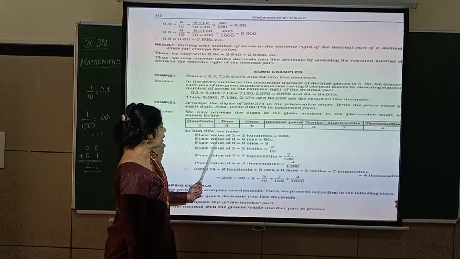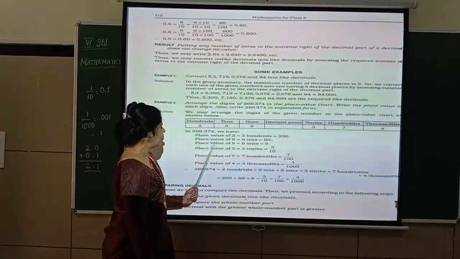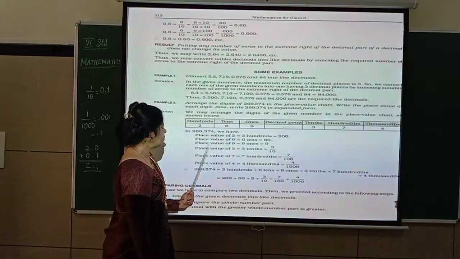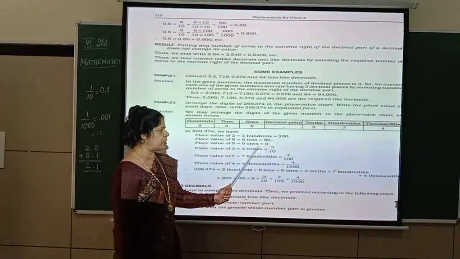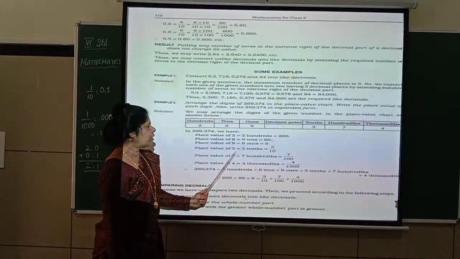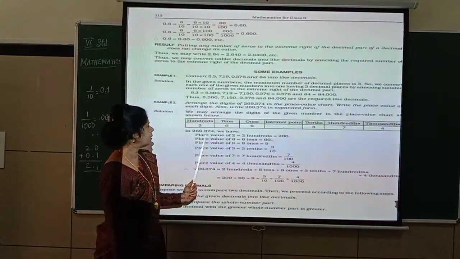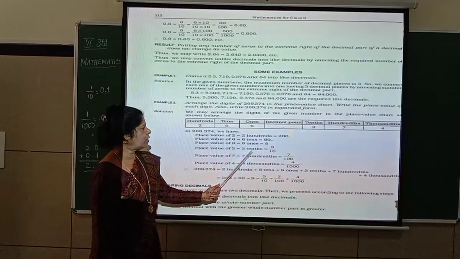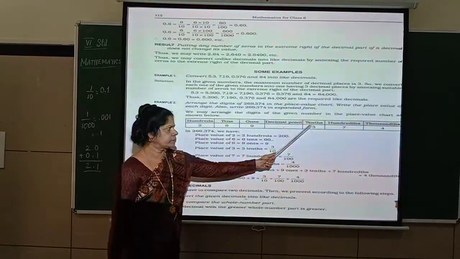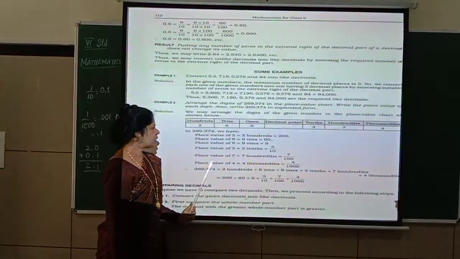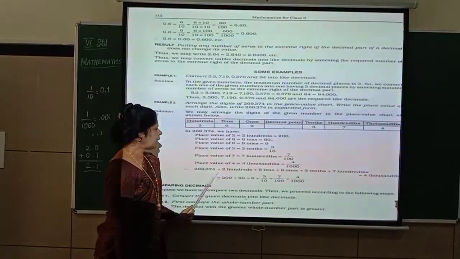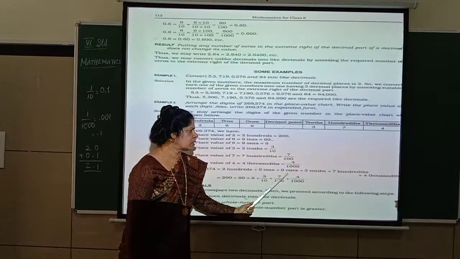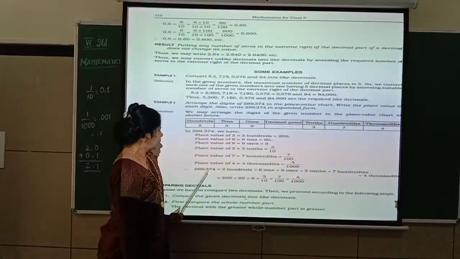So you see here, place value of 2 is 2 hundreds. Place value of 6 is 6 tens. Place value of 9 is 9 ones. This is a normal one what you practice every time. Place value of 3. Which 3? This 3. Place value of 3 is 3 by 10. Place value of 7 is 7 by 100. And place value of 4 is 4 by 1000. So